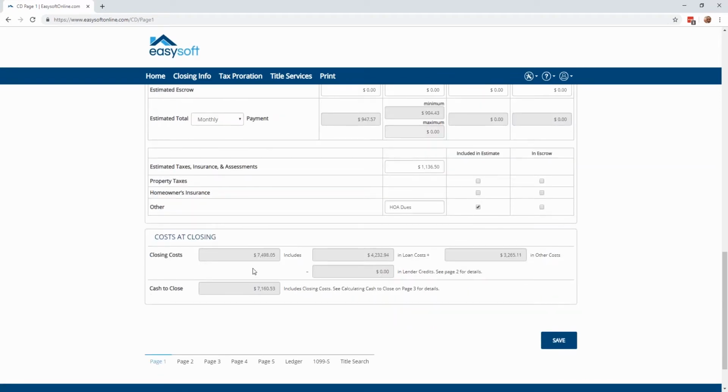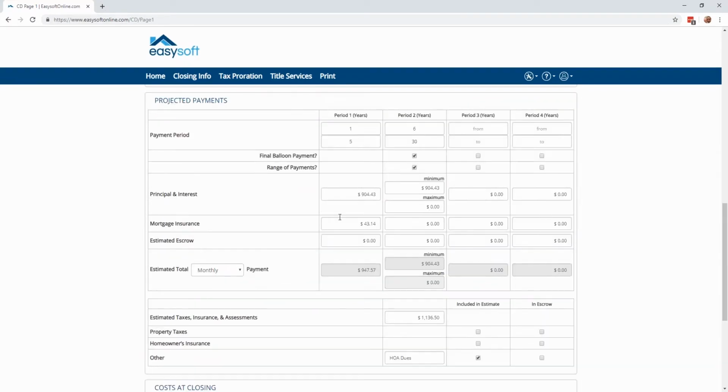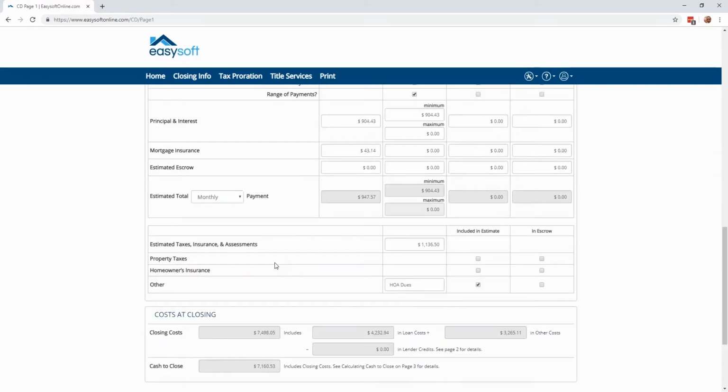The bottom of the screen is going to continue calculating your closing costs and your cash to close. You'll see that you cannot fill in any information within the grayed out fields because these are calculating from the fields that have already been filled in within the closing. If you feel that something's incorrect, you will need to go back and double check all of the values you've